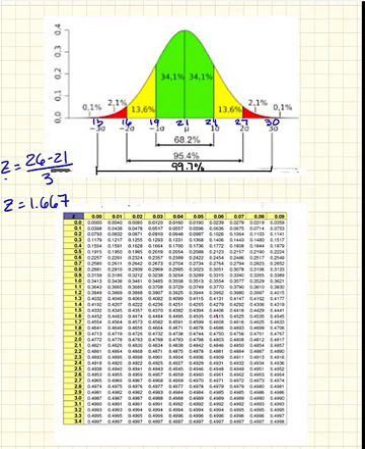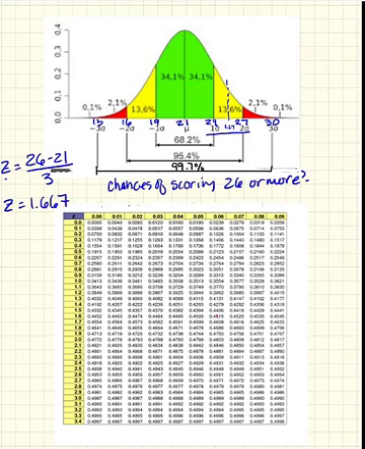So we do the same exact process, but this time we're going to say 26 minus 21 divided by 3. We get 1.667. So remember I told you it was going to be somewhere in between 1 and 2, so it's going to be right in here, right? Because the number falls between 24 and 27. So it's 1.67 standard deviations shifted to the right there. So if the question is the chances of scoring 26 or more,